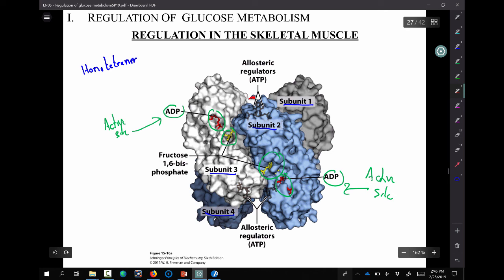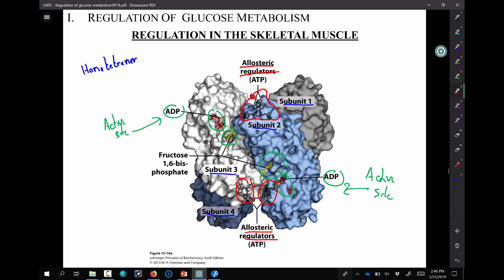You can see the outline of the molecule here, but there would be this allosteric site, or regulatory site. It's found sandwiched in between the subunits. There are actually four of them all together. ATP can bind there, and when it's bound there, it will cause this molecule to favor the T state. T state meaning low activity.